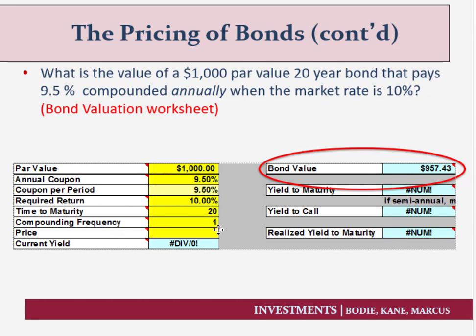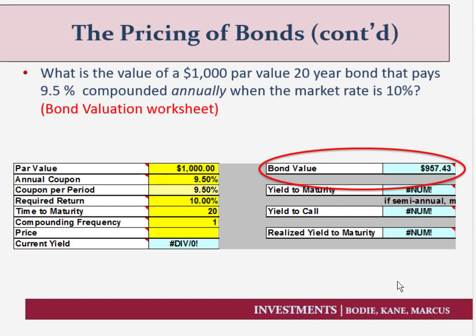We only pay annually, that's once, so the coupon per period is 9.5%. Required return is 10%, 20 years. So this bond has a value of $957.43. So essentially what this is saying is the most you'd be willing to pay for this bond is that amount,